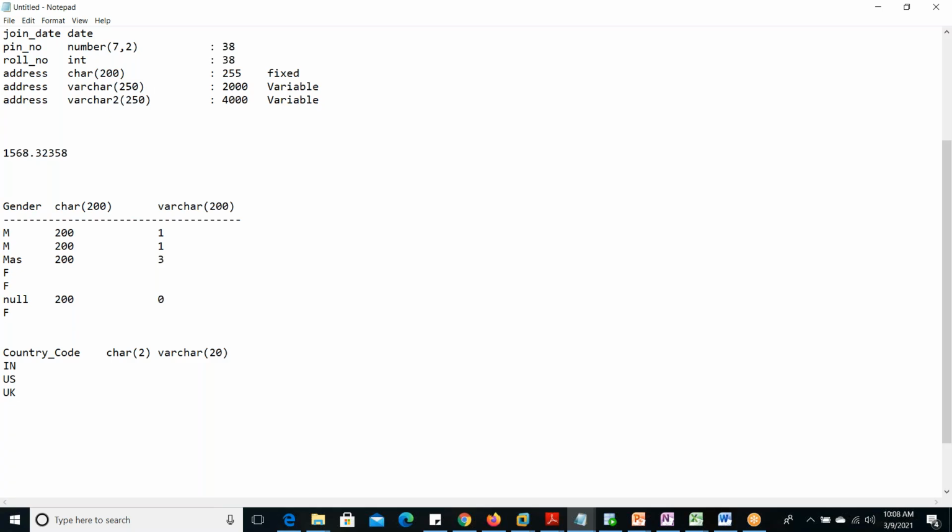Similarly, if anything is correct, then we can take it as T. If that is false, that condition we can take it as F. This is one example. Character we can take. So where we have 100% confirmation of one character or two characters or three characters, in that case go for char with specifying that length. If not confirmed, then we can go for varchar only. That you can tell in the interview.